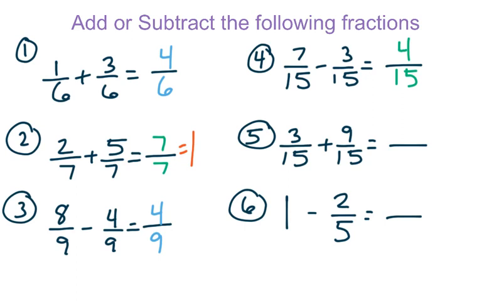Our next problem is an addition problem. So we're going to add 3 plus 9 and we get 12, and then our 15 comes over. And for a problem like this, as well as for number 1, we can always simplify these fractions as well. So in order to simplify 4/6, we would divide by 2, and this would give me 2/3, and that would be 4/6 in simplest form. We could also do that for 12/15. They both have the number 3 in common, so I could divide by 3, and this would give me 4/5